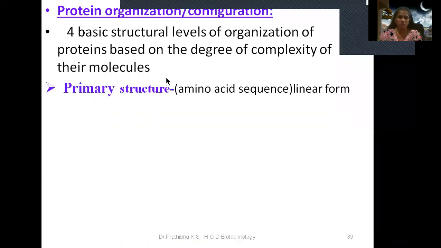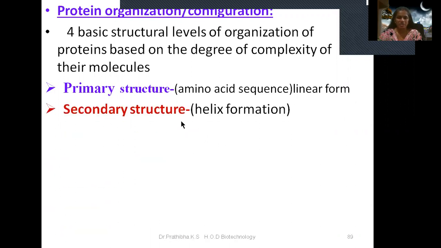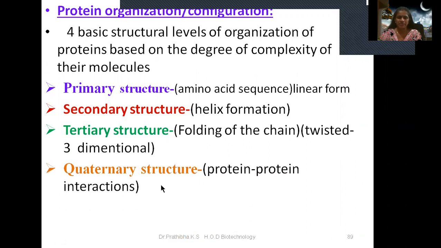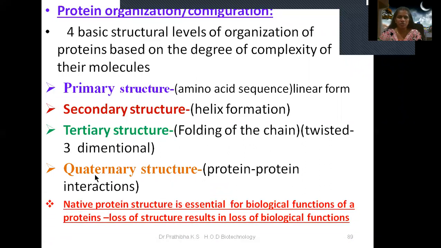of their molecules. First one is primary structure, where you could see the amino acid sequence in the linear form. Secondary structure, the linear amino acid sequence tends to form helix formation or beta pleated sheets. Then tertiary structure, here you can see folding of the chain, a twisted three-dimensional configuration. Then the last one is quaternary structure, where you could see protein-protein interactions. So these are the four different structural organizations of the proteins or protein hierarchy: primary structure, secondary structure, tertiary